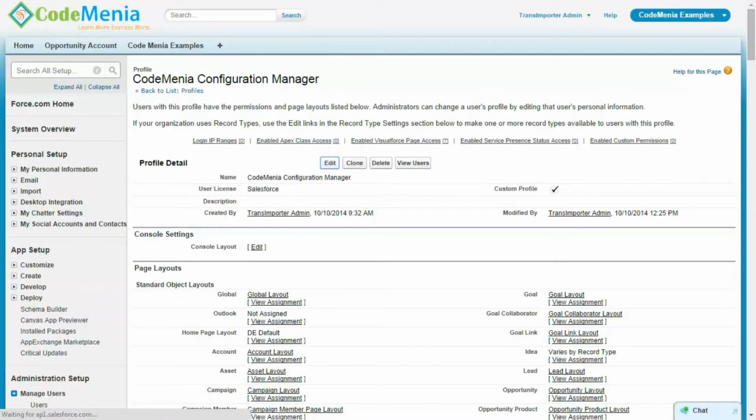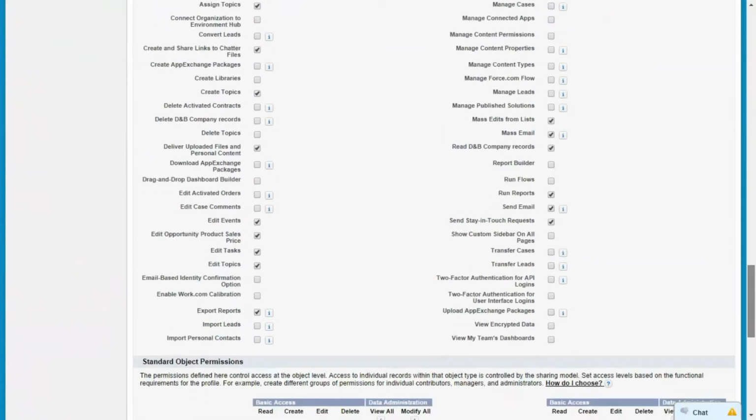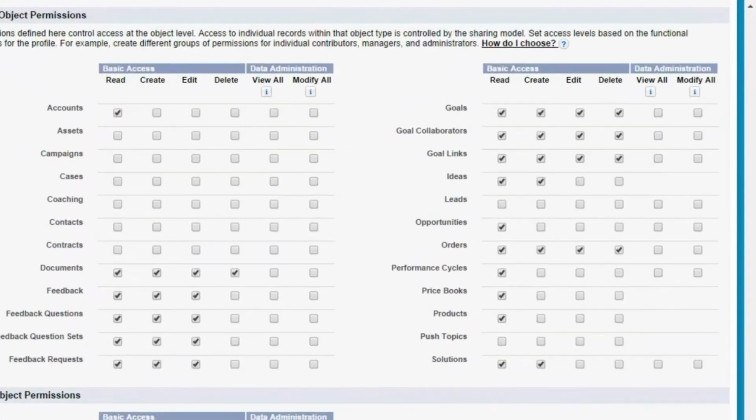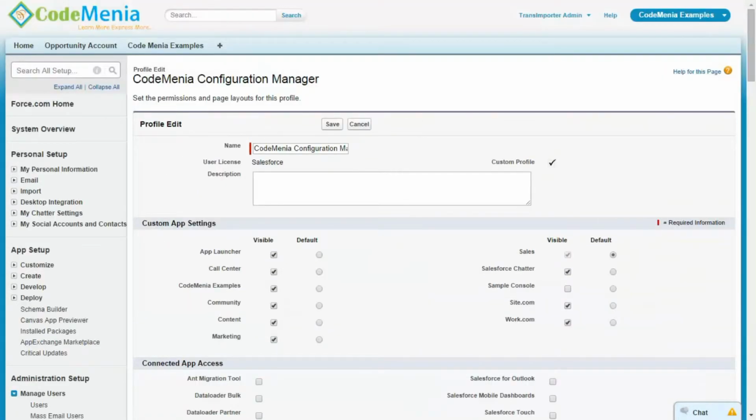Now we are going to change the permission for those objects for that profile. Now lead has been provided access and opportunity having no access, and the account having no access.